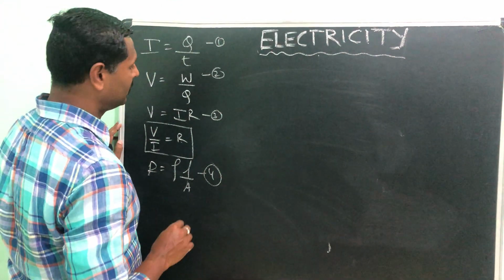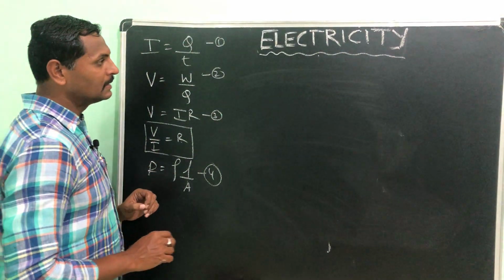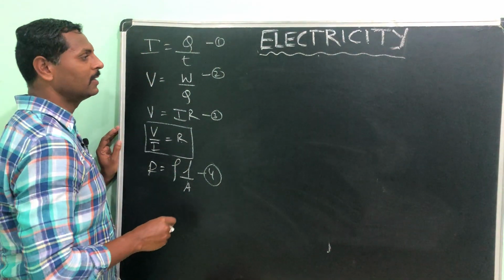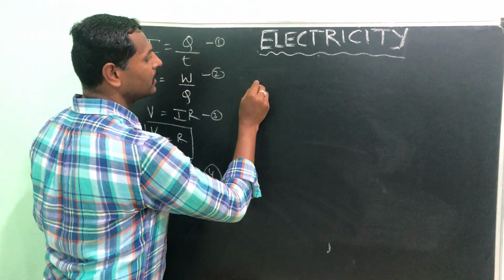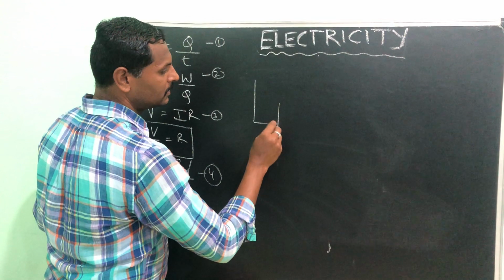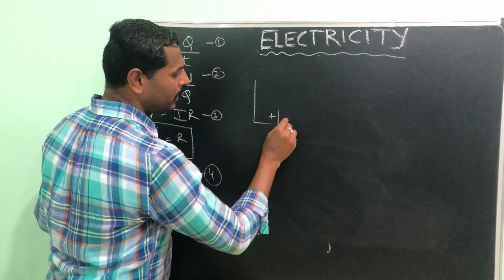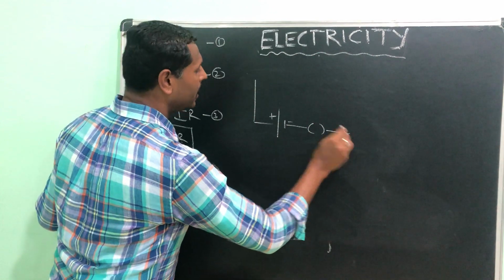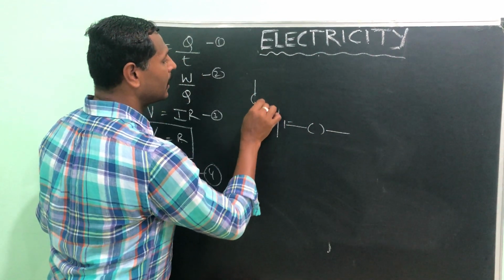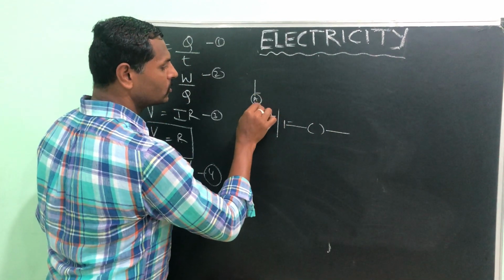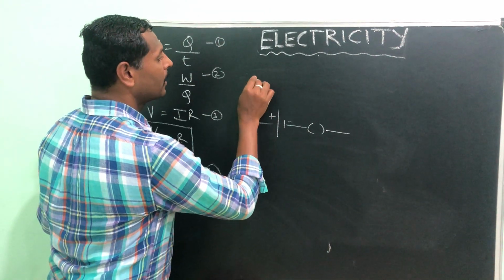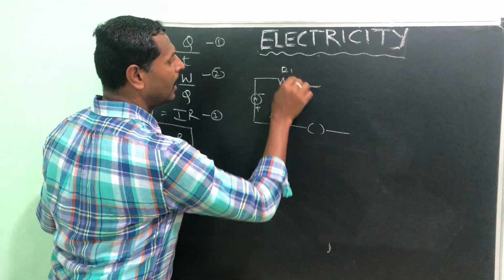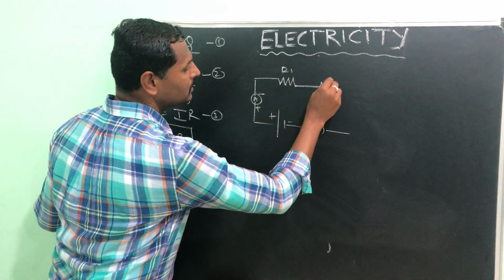Okay, all right then. So resistances connected in series we will take first. Suppose we are having a circuit like this. This is positive and negative, and this is our key, and here I will connect an ammeter, positive and negative, and resistances. I am having two resistances with me, R1 and one more resistance.